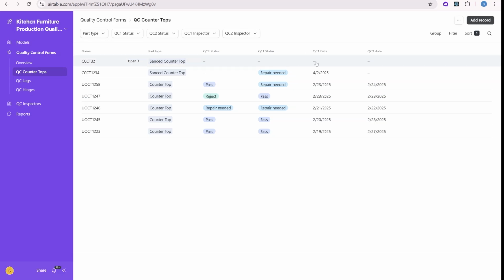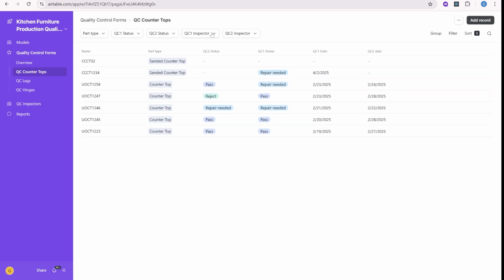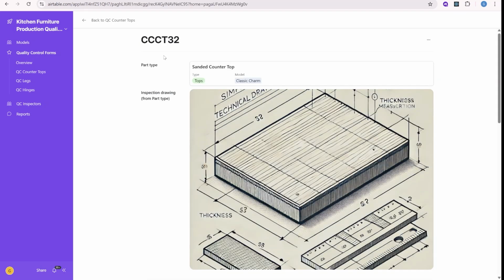And now for our seventh interface, we will look at using Airtable interfaces on a factory floor instead of paper sheets as a quality control tool. So let's quickly look at this interface here. Imagine that this is a factory producing furniture for kitchens, and we need to do quality checks on every piece of equipment that is being produced. So here, for example, we have different types of countertops, and those countertops need to be evaluated against certain types of quality checks. So we'll open the item that is marked here with the number CT32,